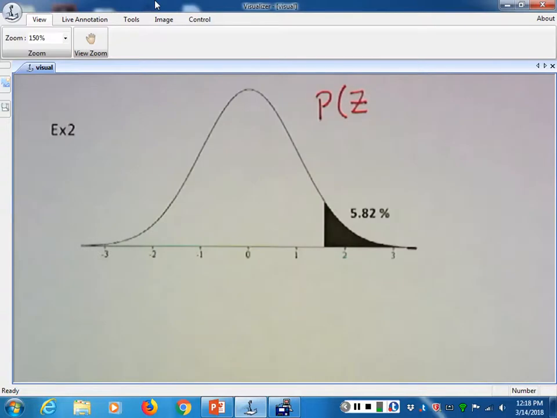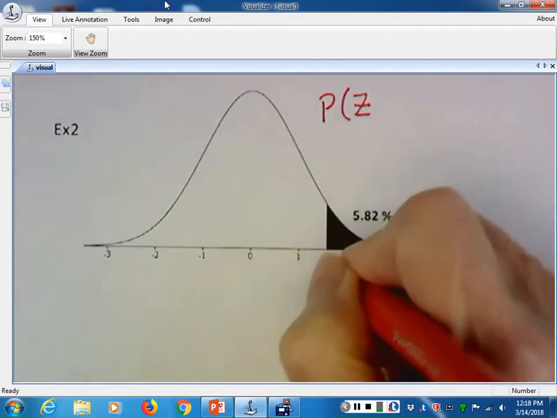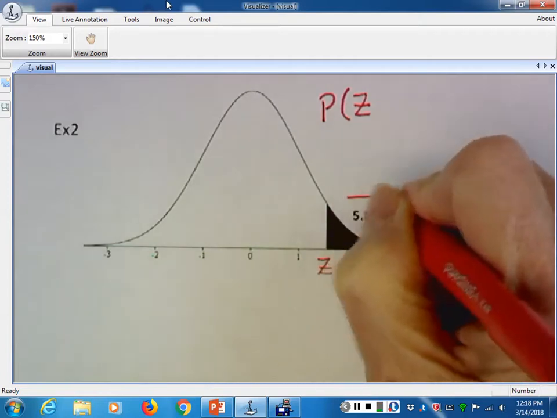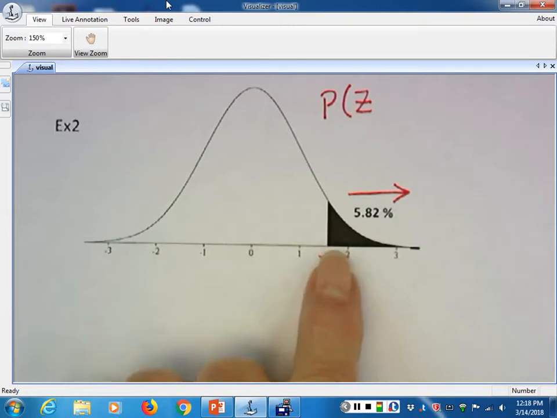But we don't know yet which way we're going, so we're going to have to look at the picture to figure out what we're doing. This one actually is giving us the probability that z, whatever this is, the probability of it being more than that number, because this area is going to the right, is